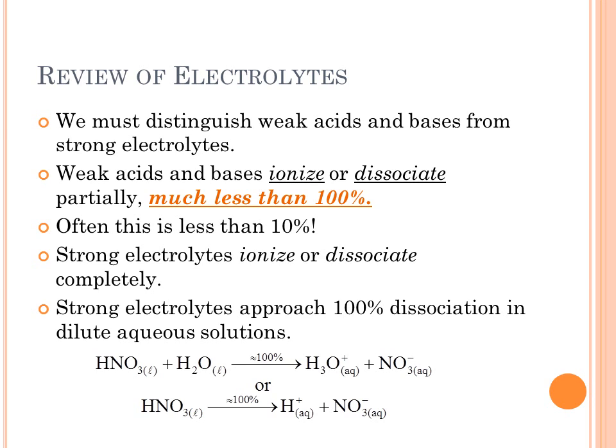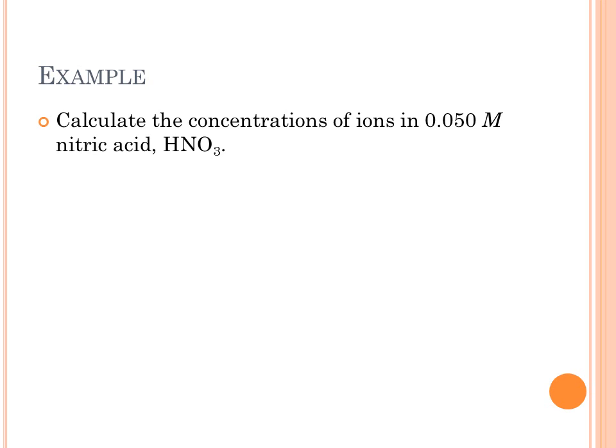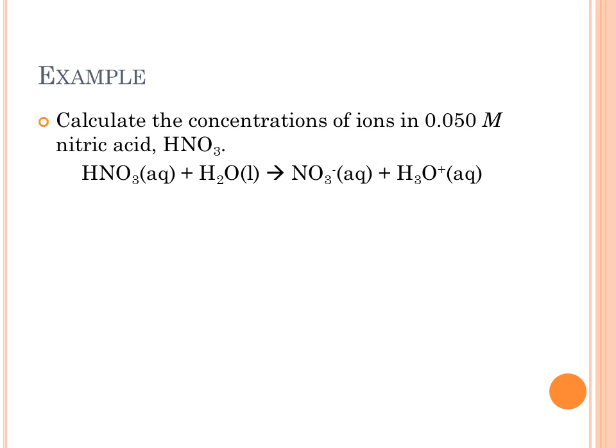For example, if we've got nitric acid there reacting with water, more or less 100% ionization, we get H3O plus and the nitrate ion. Or if you chop the water out and use the Arrhenius definition, nitric acid will be 100% ionized to H plus and NO3 minus. So if nitric acid is 0.050 molar, we want to calculate the concentrations of the ions. So if we write the